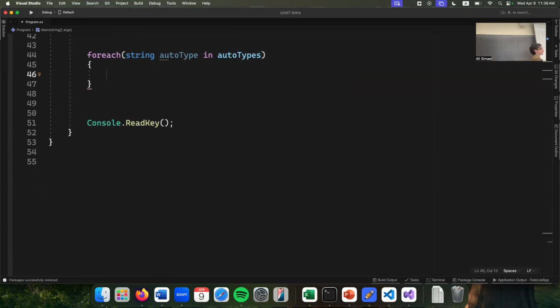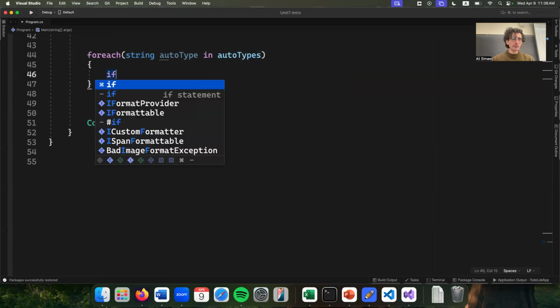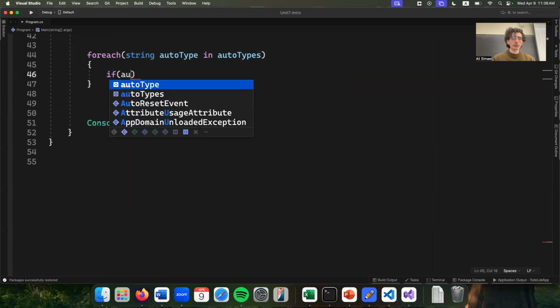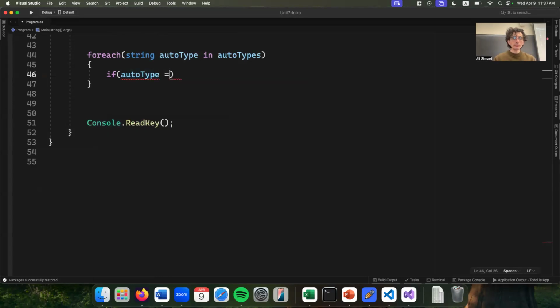Let's say you're looking for auto type economy, and if we find it, we want to print out the value that we found. Okay, so if auto type, this time I'm not working with the list directly. I'm only working with the variable. That's the difference in a for each loop, that you only work with the variable. Say if it is equal to economy,